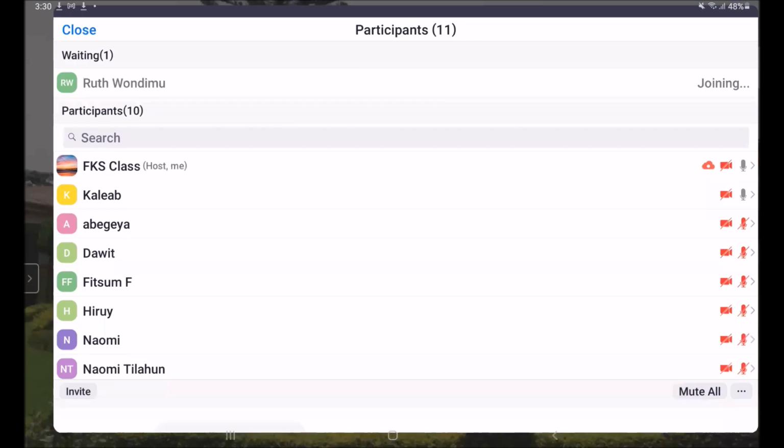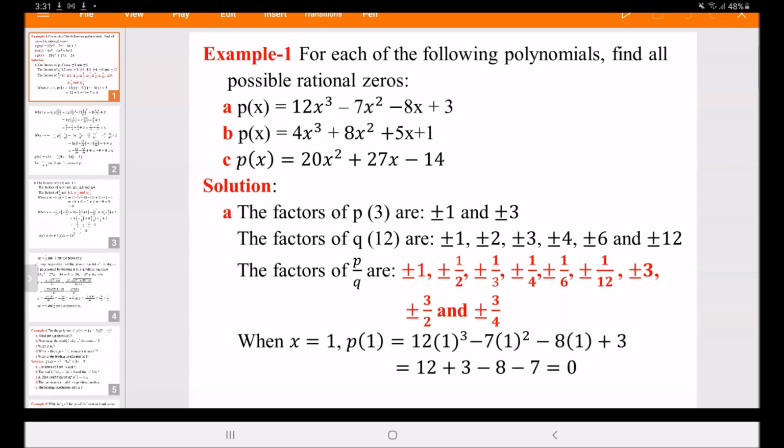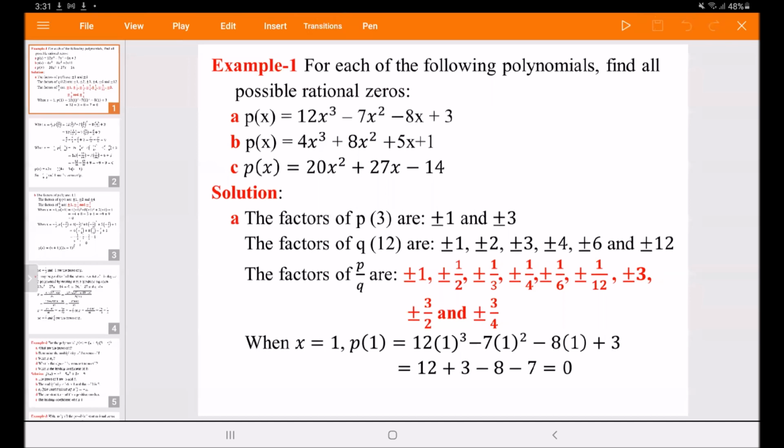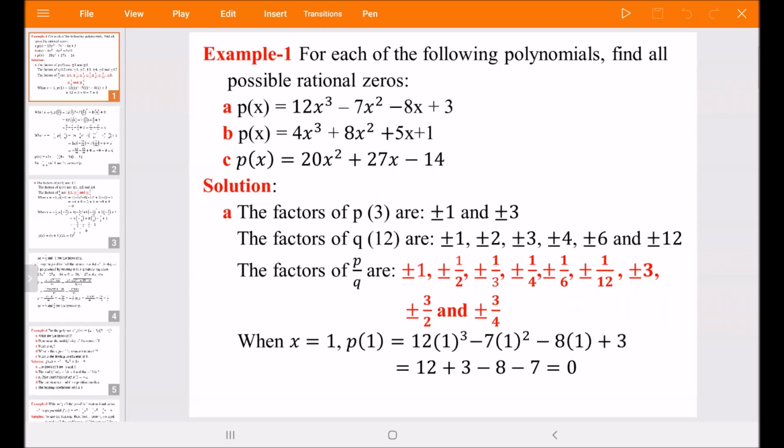Okay, in our discussion today, we'll try to see additional examples on how we can use the rational root test theorem to find the rational zeros of a polynomial. In our previous meeting, last Friday, we saw the location theorem and the rational root test theorem. The location theorem is used to locate the irrational zeros of a polynomial between consecutive integers where the given polynomial changes its sign from positive to negative or from negative to positive. And this is possible by constructing a table